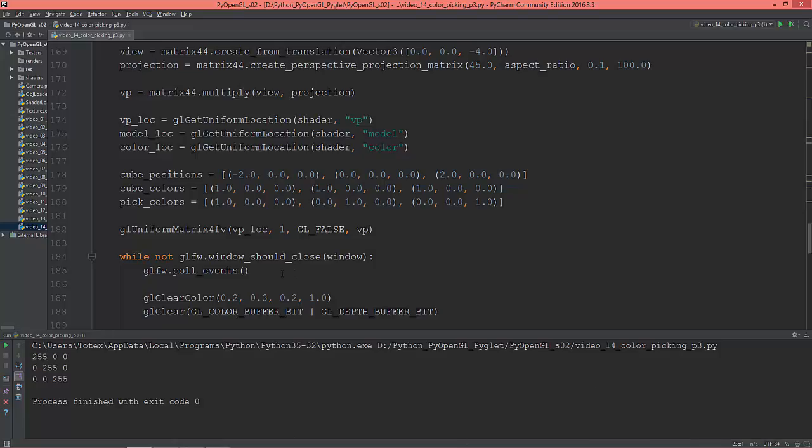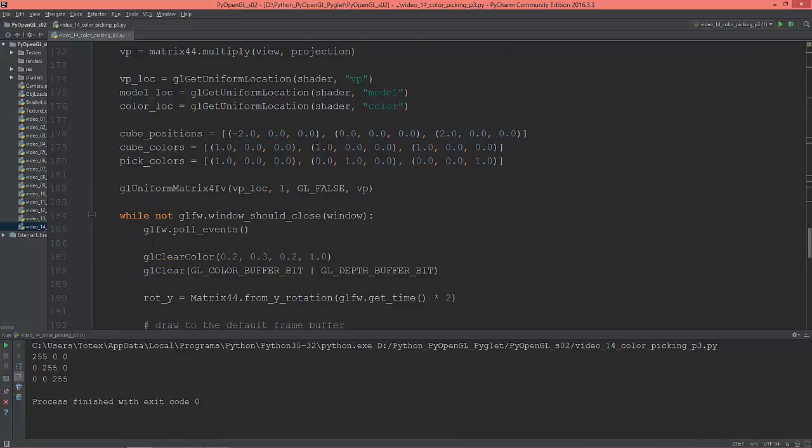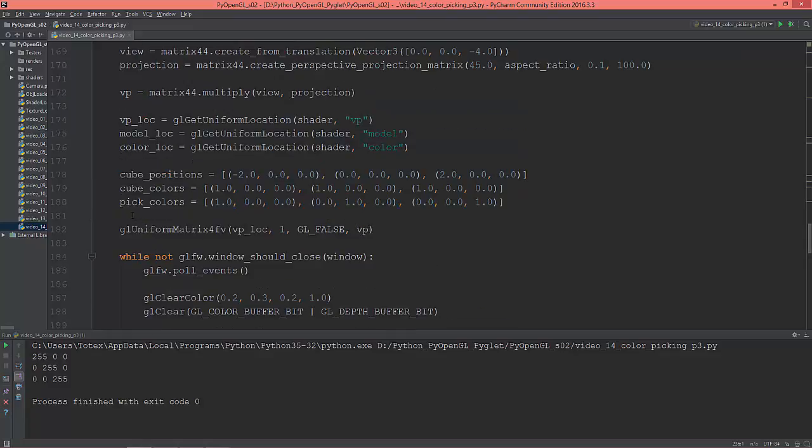So let's improve color picking a little bit. Instead of sending to the fragment shader these float values between 0 and 1, I'm going to send these integer values, so between 0 and 255. So pick colors. The first is 255 red,